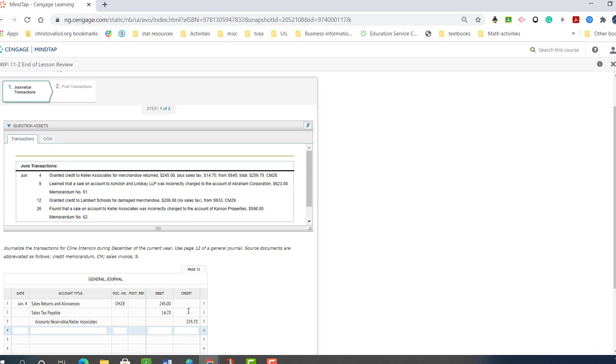But then on the 9th, we learned that a sales on account to Ashton and Lindsay were incorrectly charged to the account of Abram Corporation. And so we need to correct and reduce Abram's and post it to Ashton's. And so if we're going to post it to Ashton's, they're going to get the debit. And so on the 9th,